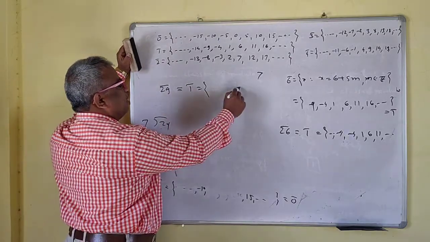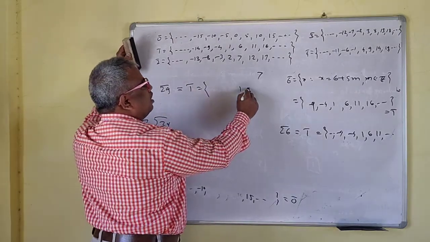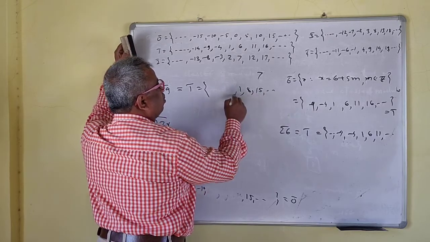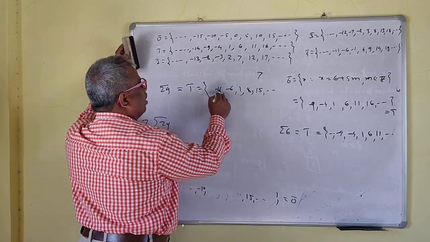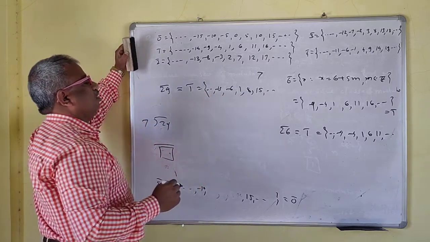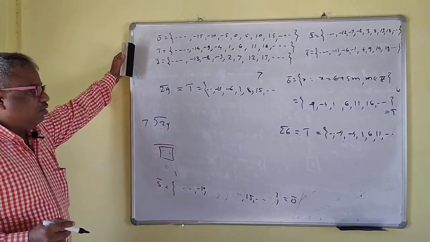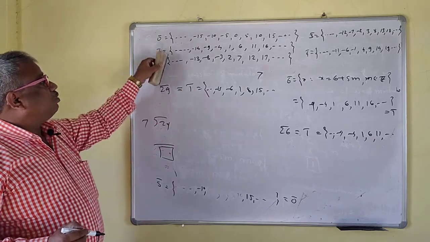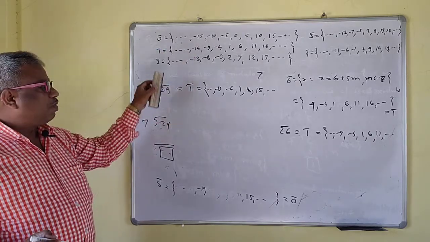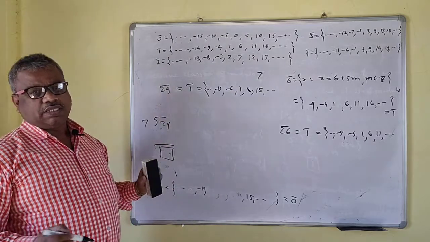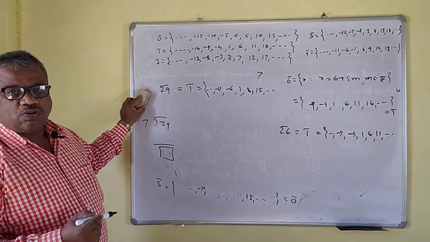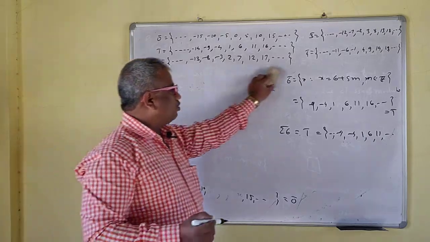And how can we write 1 bar? Just write here 1 and just go ahead adding 7. This will be 8, then 15, dot, dot, dot. This is minus 6, minus 13, dot, dot, dot. This is your 29 bar and 1 bar. Now this 1 bar is for modulo 5, and this 1 bar is for modulo 7. Easily we can write the set also. Okay, so I hope that you understand how to write the residual classes modulo n.